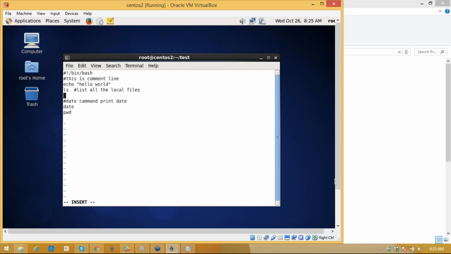So people can understand what exactly this command does. It prints the date. Print the present working directory. In this way, other people also come to know what exactly you are doing.